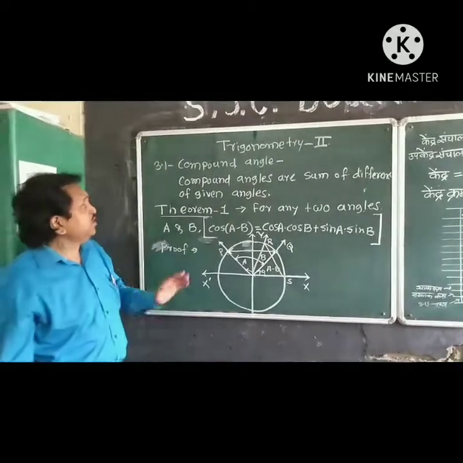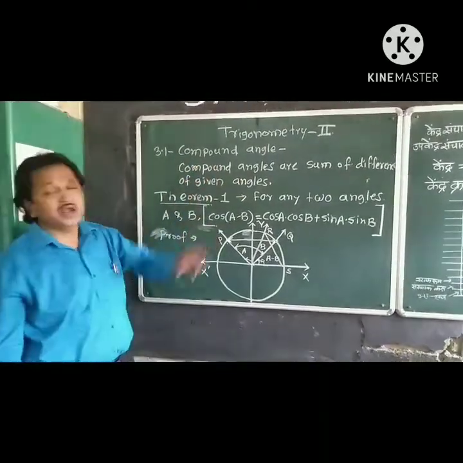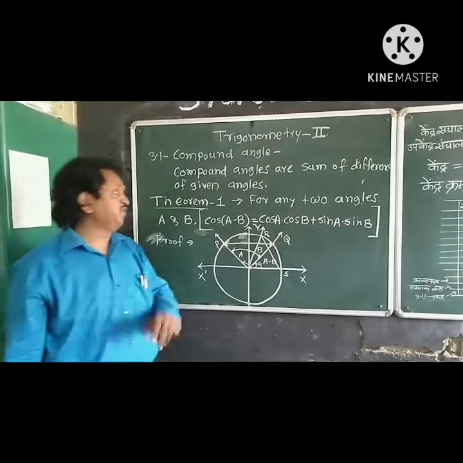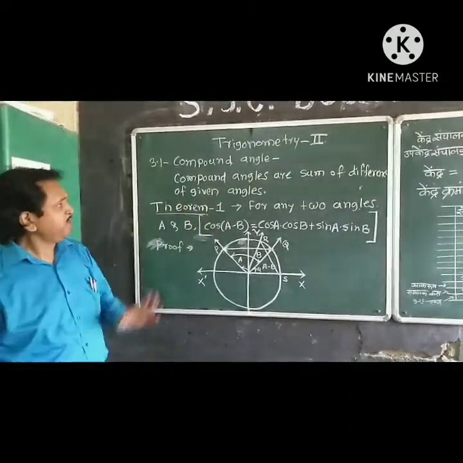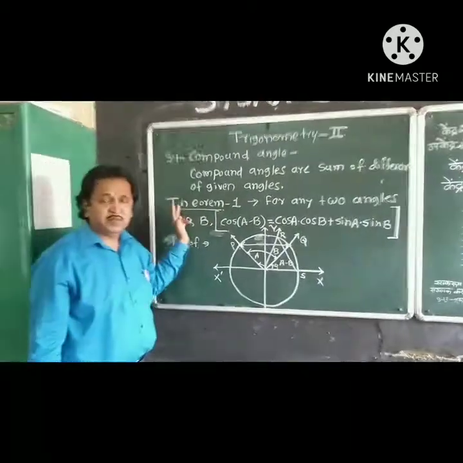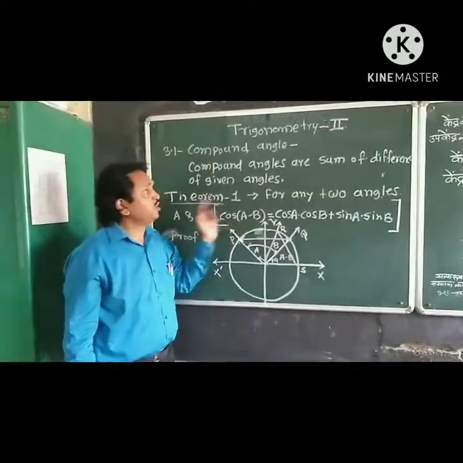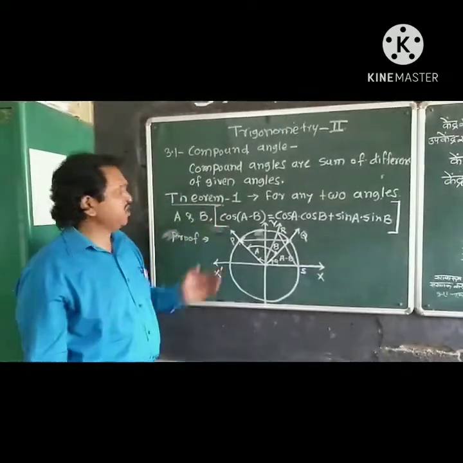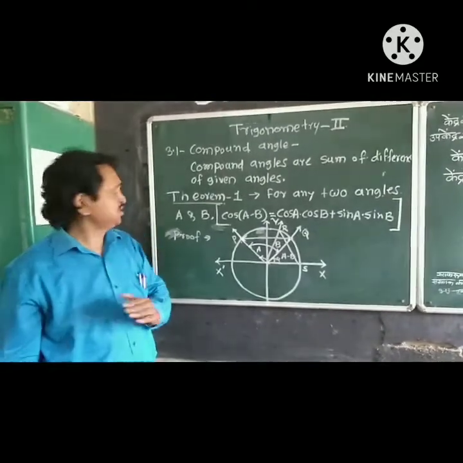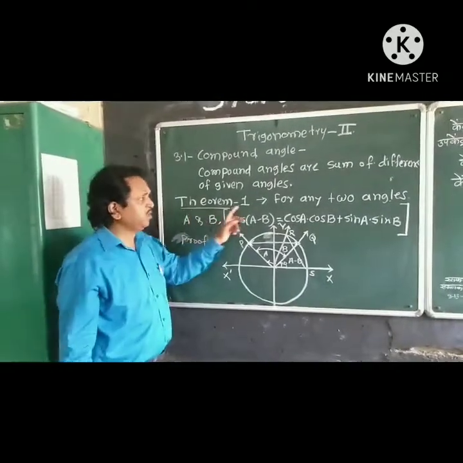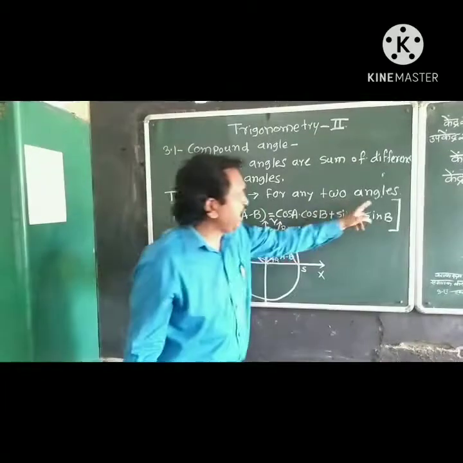See here, what is compound angle? Compound angles means sum or difference of given angles. There are a number of theorems in this trigonometry second. One by one we will see all of them. See here, first theorem, theorem number 1. For any two angles,